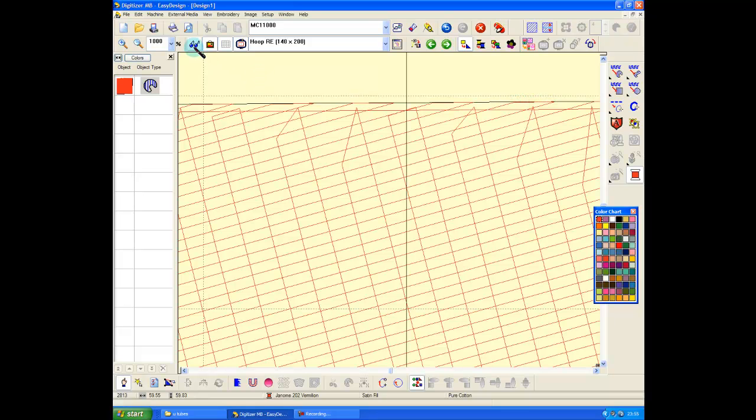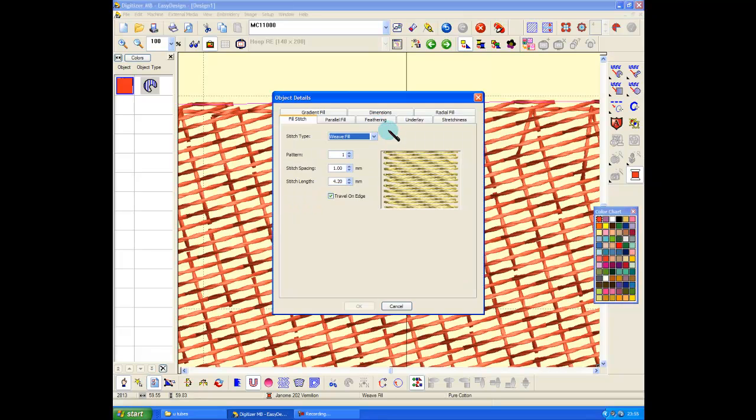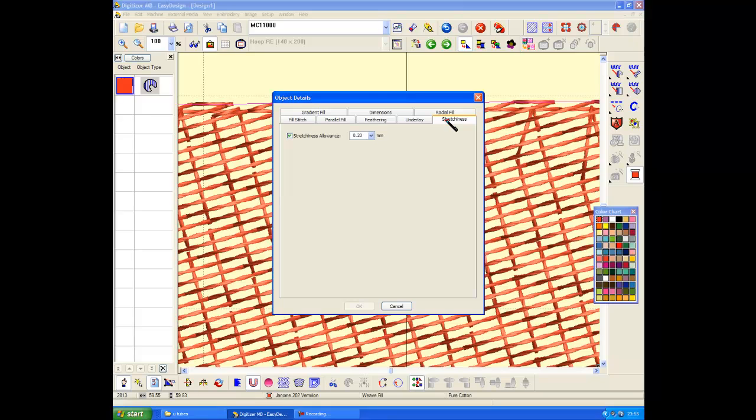If I knock it into simulated stitch mode, you can see the black line more clearly. Now, if I go into Object Details, Stretchiness, and I tell it I want a stretchiness allowance of, we'll say 5/10 of a millimeter, that's half a millimeter, so that's